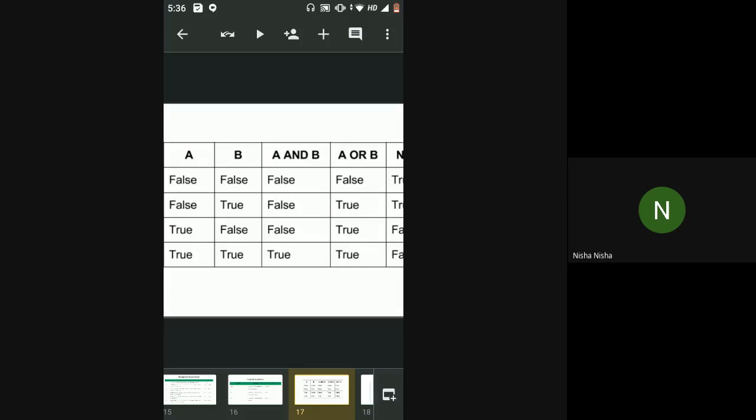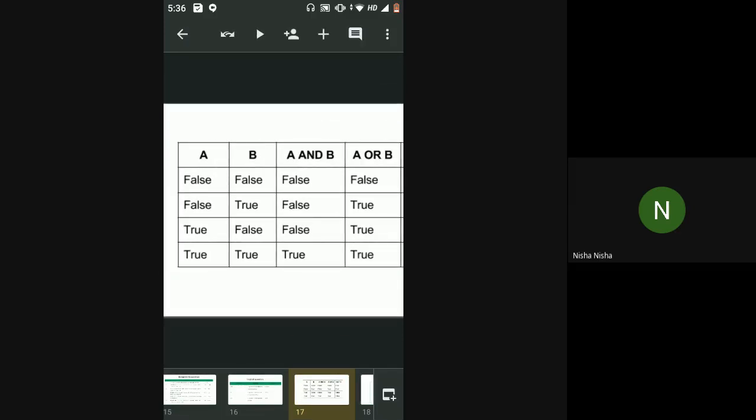In case of OR, you will get a true value if at least one of the two operands is true. The first case, wherein both the operands are false, is the only case where OR becomes false. In all the other three cases, if at least one of the operands is true, or both are true, you will get an answer of true. Okay, I get it. Yeah, you got it right. Great.